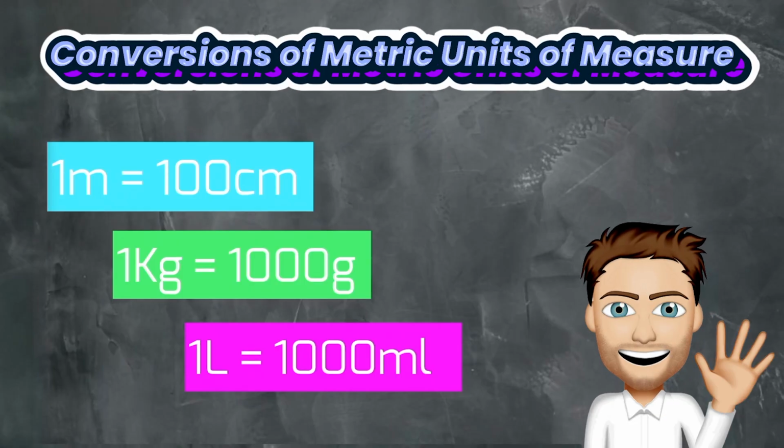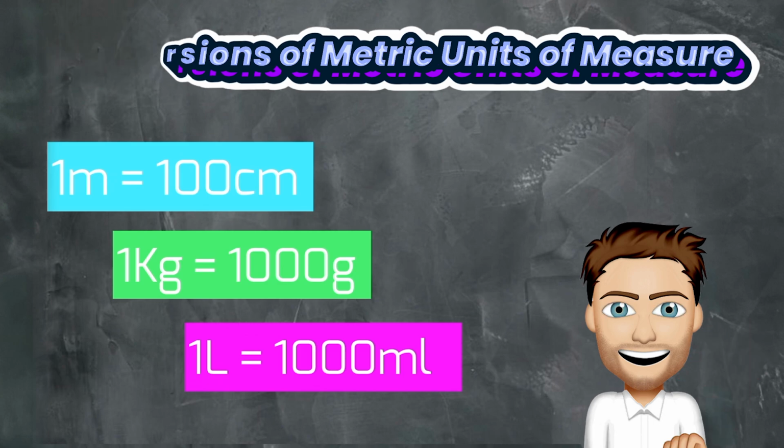Let's begin. In this video, we are going to look at how we would convert between different metric units of measure. This is also known as measure conversions. In order to do these conversions, we must be able to multiply and divide by 10, 100 and 1000. If you are unsure of how to do this, you should watch our multiplying and dividing videos on 10, 100